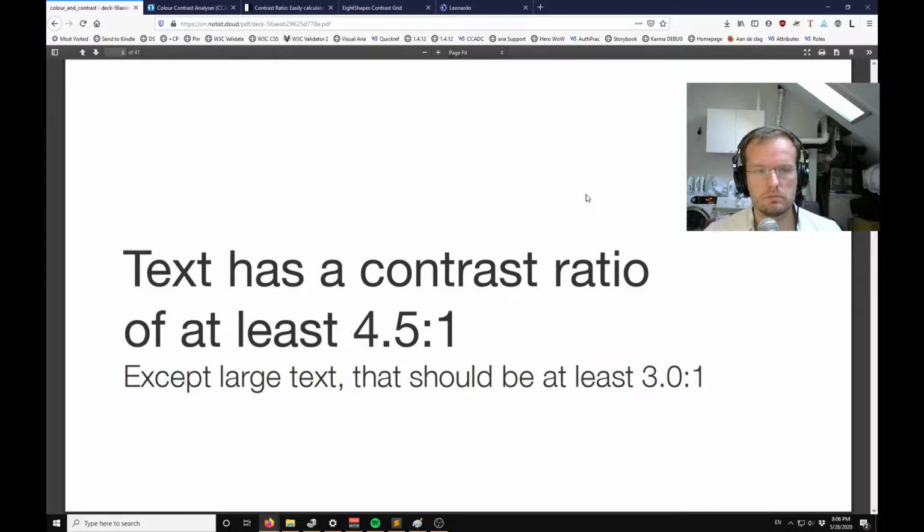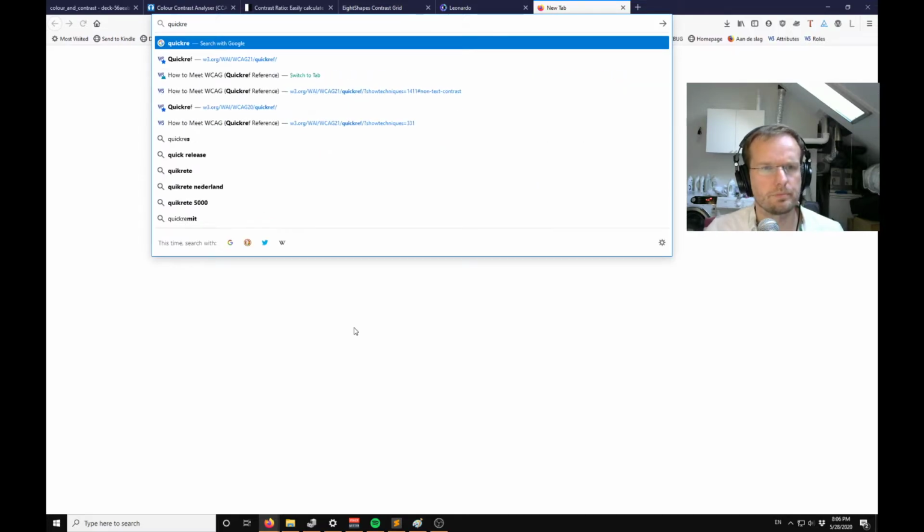So, to recap, what is the actual criterion we're looking at? Text has a contrast ratio of at least 4.5 to 1. Except large text, then it should be at least 3.0 to 1. Up until I started designing, I didn't know much about this number. You know, you just grab this random tool and it says if you're correct or not. It's rather easy. I can show you the